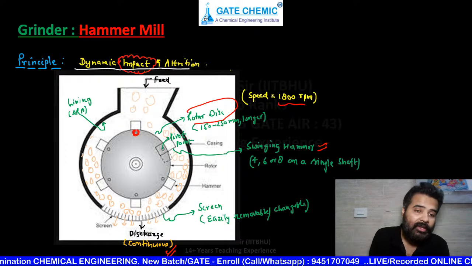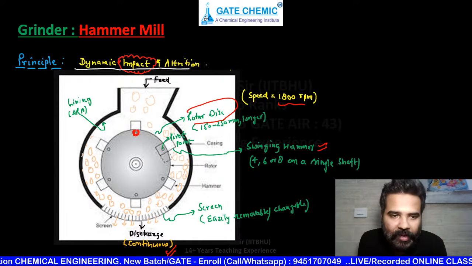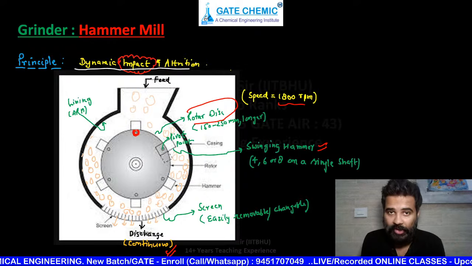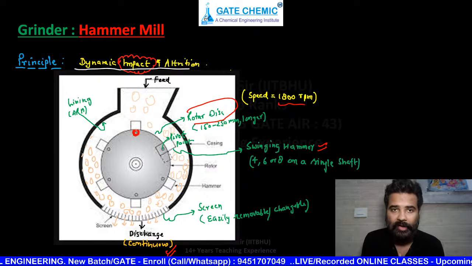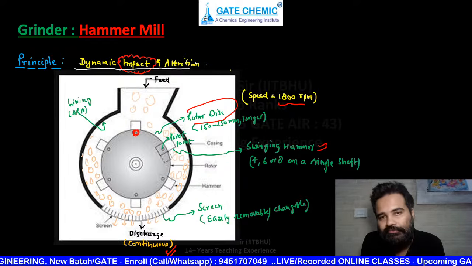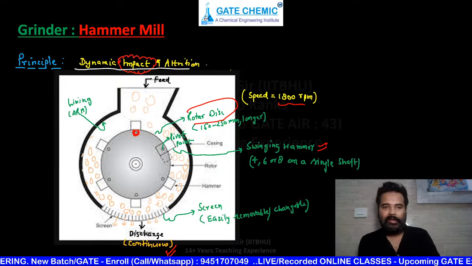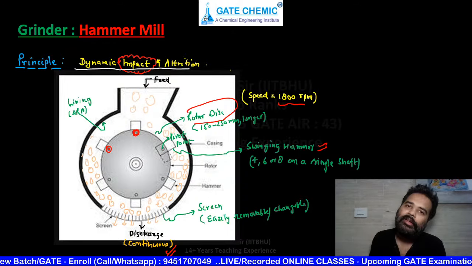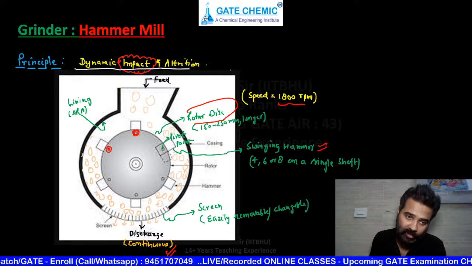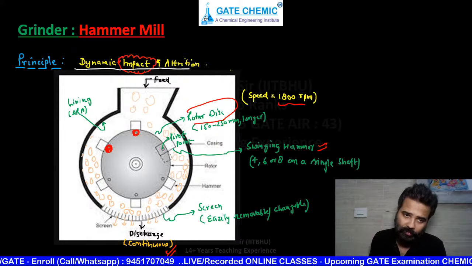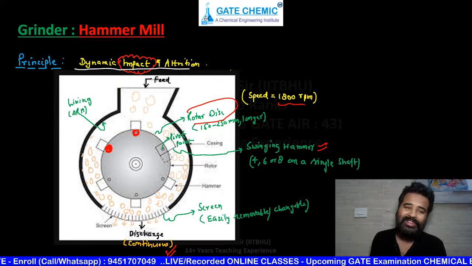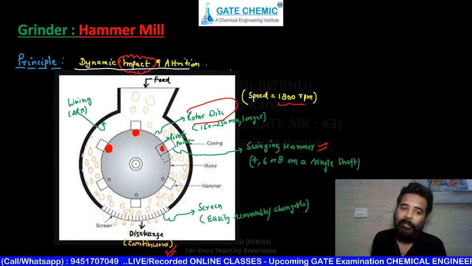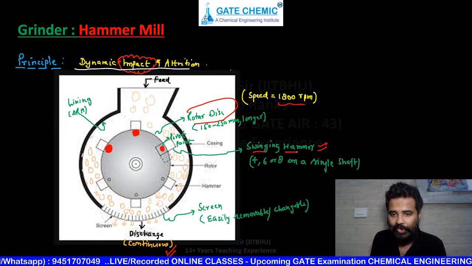What is the advantage of pivoting? पिवट करने से क्या फायदा होता है? If some hard metal is coming, then the hammers are not going to be destroyed. Hammers are not destroyed because they can bend there, it is a pivot point. But if it does not pivot, it will break. When impact is there, if you fix it here, after some time the nuts and bolts will loosen. This fixed point is not stable, so that's why we are using pivoted hammers, swinging hammers. In free language you can say swinging hammers.